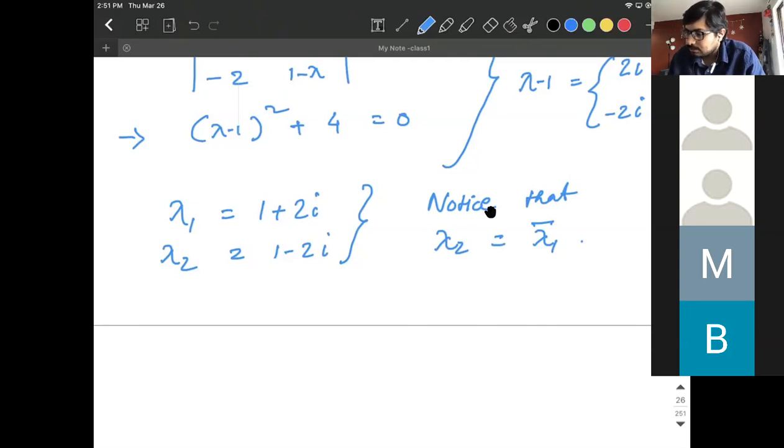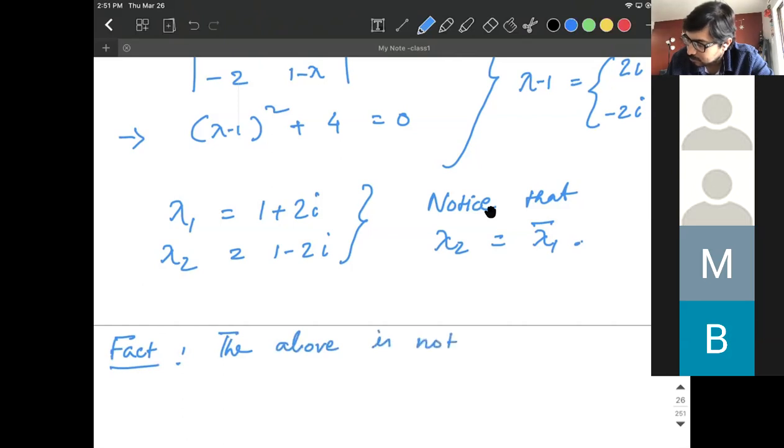It's not something very surprising if you know a fact about roots. The thing is that if lambda is a complex root of an equation, then the conjugate lambda bar is also a root. So let me state it here as a fact. So the above is not surprising,